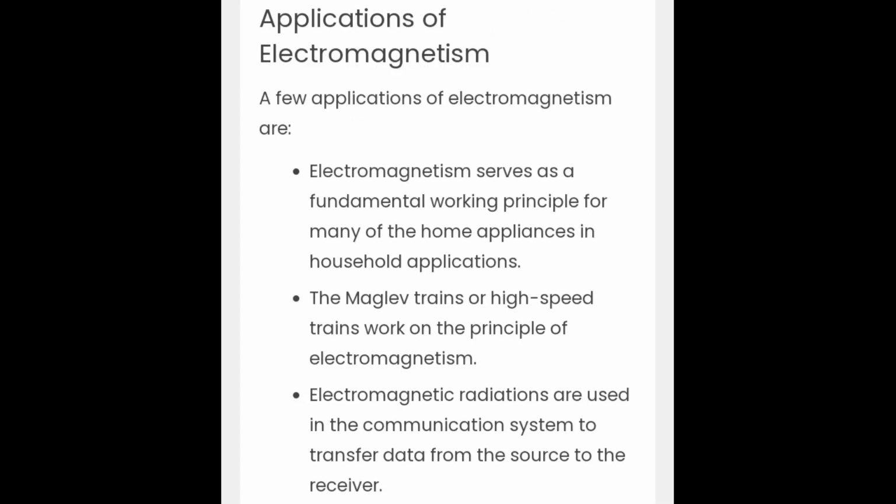Applications of electromagnetism. A few applications of electromagnetism are: electromagnetism serves as a fundamental working principle for many of the home appliances in household applications. The maglev trains or high-speed trains work on the principle of electromagnetism. Electromagnetic radiations are used in the communication system to transfer data from the source to the